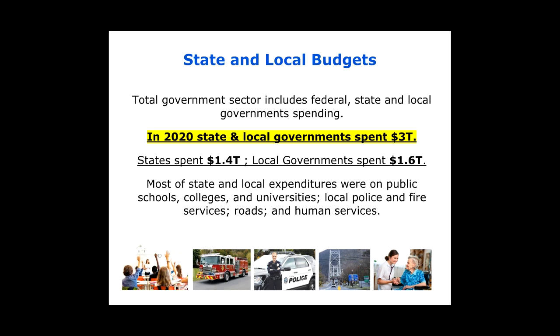Now, it's not only the federal government that spends money, although the federal government spends, as you can see, a lot of money. State and local governments spend an additional $3 trillion. So if the federal government's spending 4.5 or 5.5 or $6 trillion, state and local governments are spending an additional $3 trillion. Now, it turns out that a lot of the government that we are familiar with, that we might touch on a daily basis, like schools and roads and healthcare, happens at a state and local level. States spend about 1.4 trillion, local governments about 1.6 trillion. It adds to about $3 trillion.